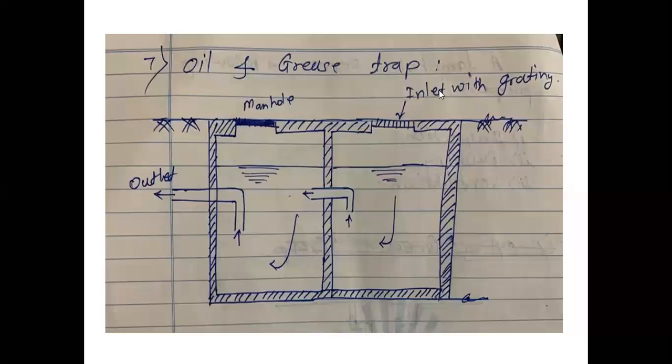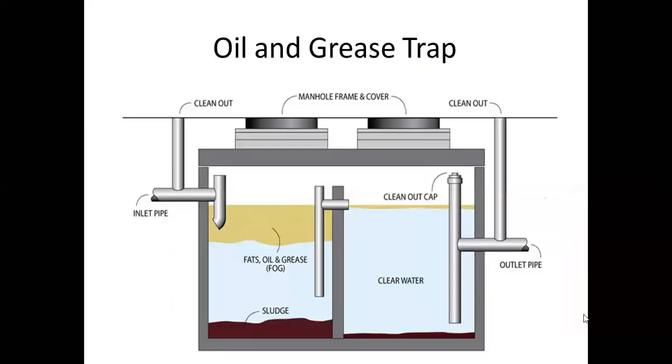Inlet with grating is shown here, means you can connect, or simply this way. Just a minute, I will show you one figure with the earlier. You can see here, so this way also connection can be made. Inlet, clean out is here. Okay, just wait, I will explain and then you can draw the figure. Until the time gets over, we have 4 minutes in this session. You can then redraw it.